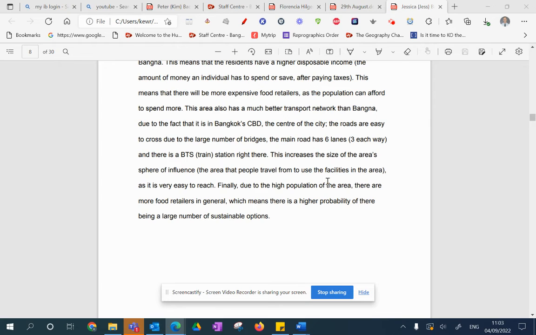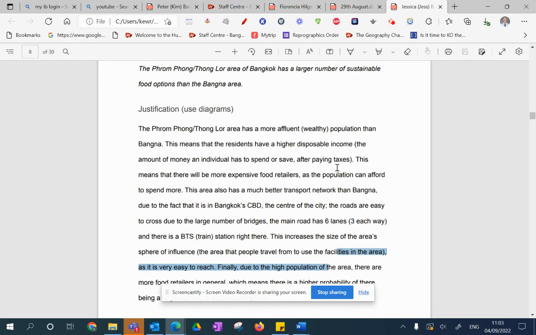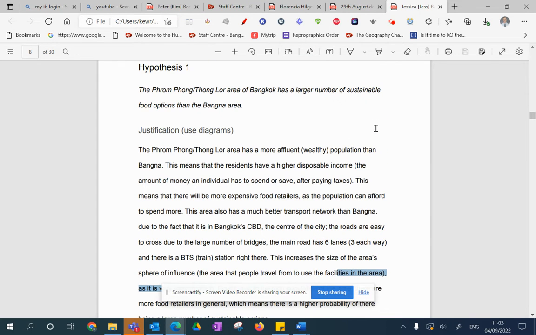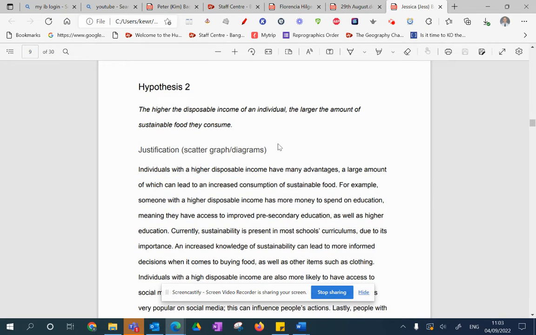Because that is still taking place, you've got a mix of income groups: low income mixed with middle income, maybe some high income residents. But overall, you're likely to get less sustainable food outlets than in Prompong, Tonglaw, due to the reasons you've said: accessibility, more wealthy residents, probably more educated and therefore aware of sustainable food options and healthy diets.